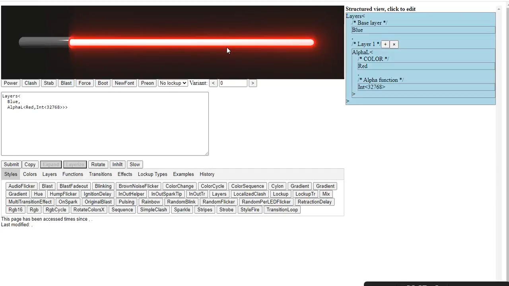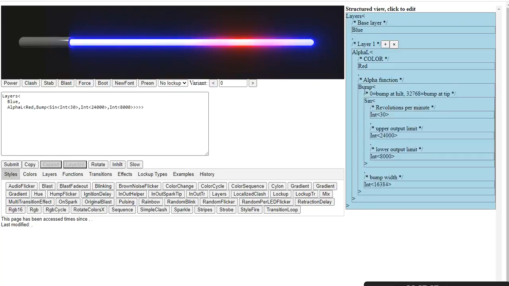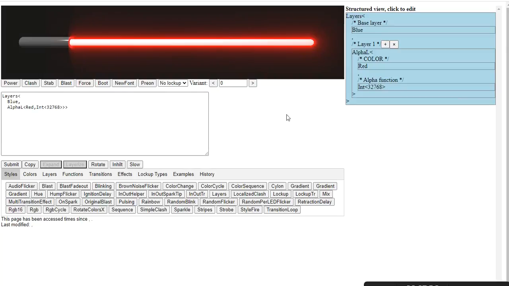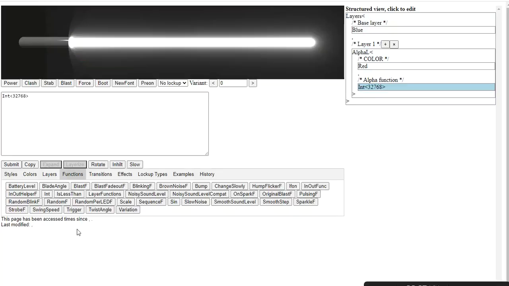And again, going back to the previous lessons, always the base layer gets covered over by everything after it. So this is blue as the base. So by setting the alpha layer of red at full value, that means 100% red takes over blue. So it doesn't matter. Now, again, the other version, instead of having a set value, we set a bump. And that bump has size that applies. And then because I put the sine in, it's actually moving. So now, and we'll get back to this in a minute. So now I can also use sine here, so just within the alpha layer. And what it's going to do in this case,